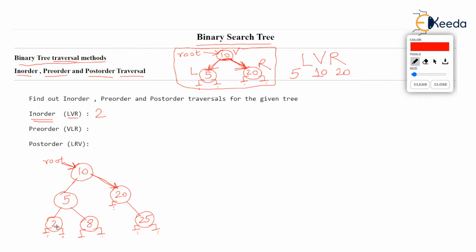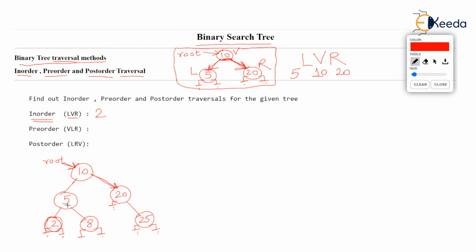After printing LV, left vertex, we should deal with right. But observe, right child of 2 is also null. That means we have finished our process completely with this node 2. Remember, with node 2, we have finished L, then V, then R. So we say in order process for 2 is over. So now we backtrack to the node from where we came to 2. You recall from where did we come to 2? We came to 2 from 5. So we will go back to 5.